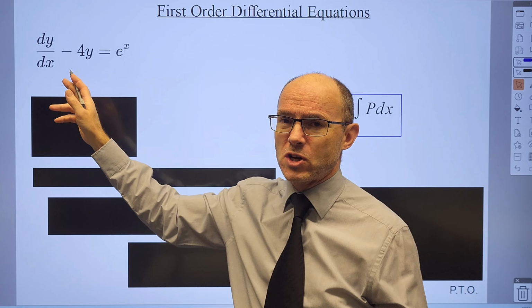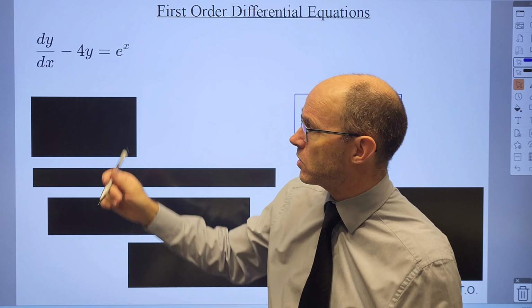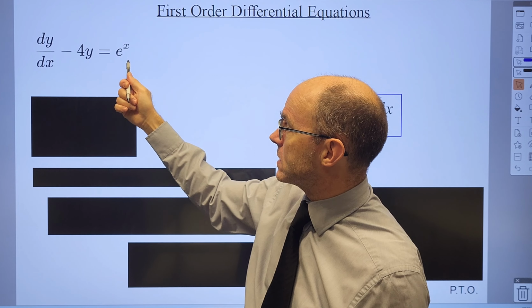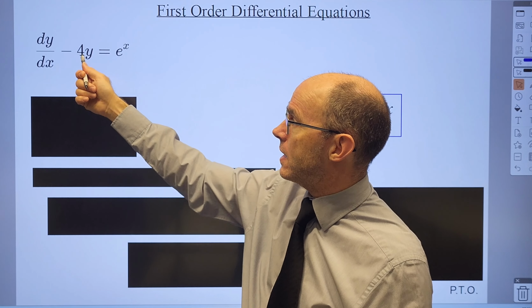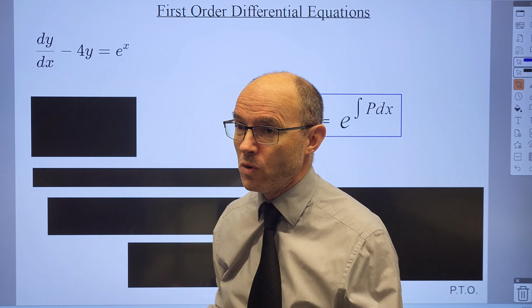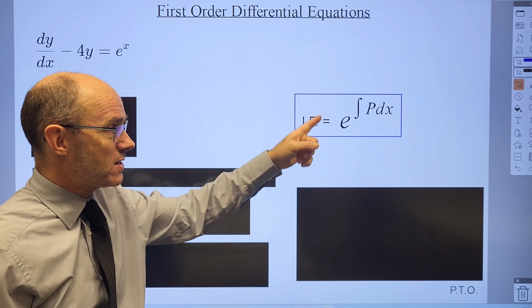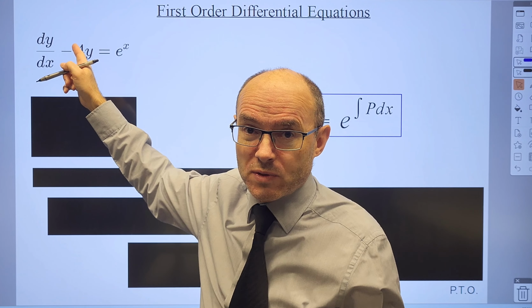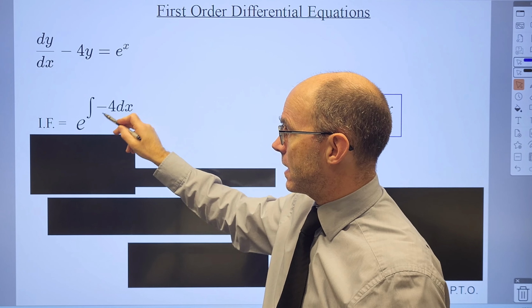So solve this differential equation. dy/dx minus 4y equals e to the x. It's of that form, so you've got dy/dx minus 4y equals e to the power of x. Remember I said that the functions p or q could be numbers, and in this case p is just a number, -4. First thing is find the integrating factor. It's e to the integral of p dx. Remember, p is the value that you multiply y by, and that is going to be e to the integral of -4